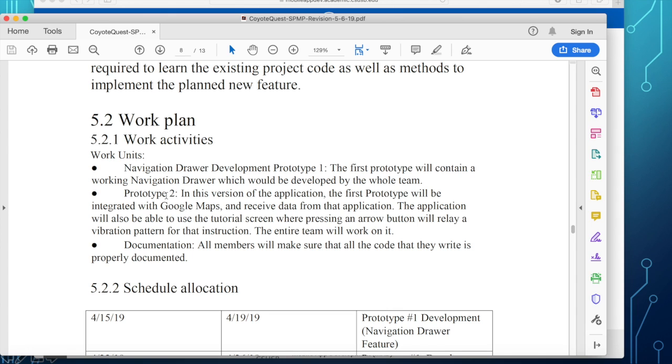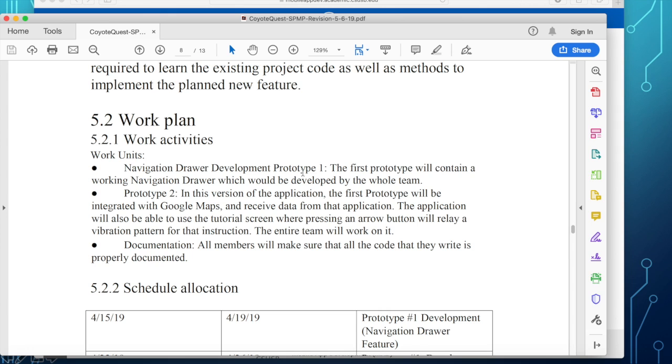Of course, you don't come up with a prototype immediately. The prototype or iteration number 1 consists of modules. So you must identify the major modules that need to be done first, or need to be improved, or need to be recoded as your work activities.